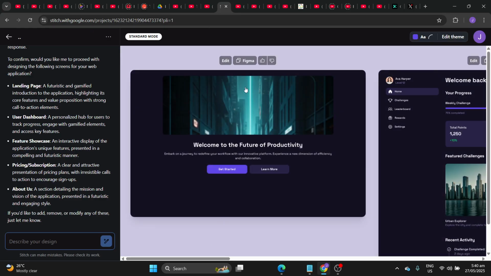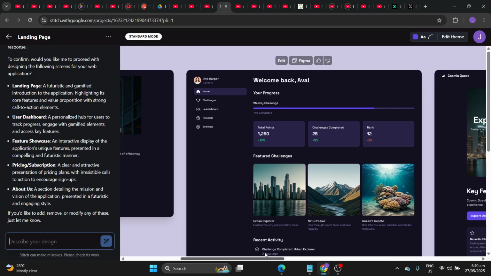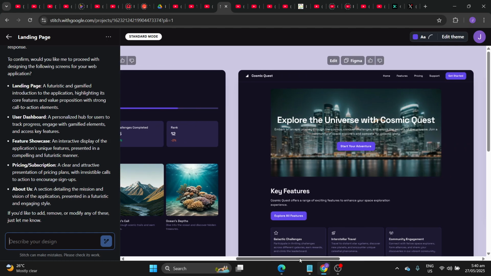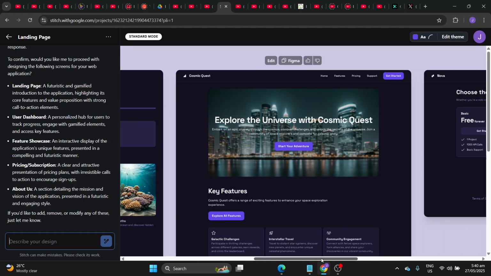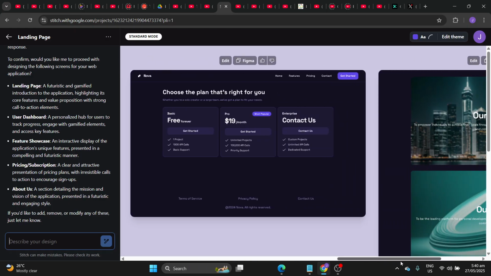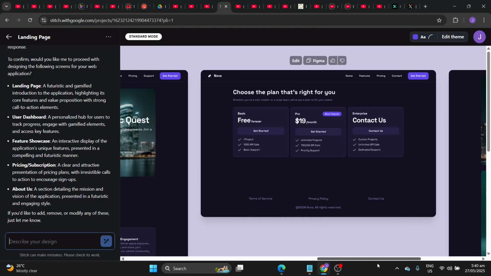Oh, so you can even edit it. Interesting. So this is the home page. This is how the app will look internally. This is interesting. Wow. It looks good.